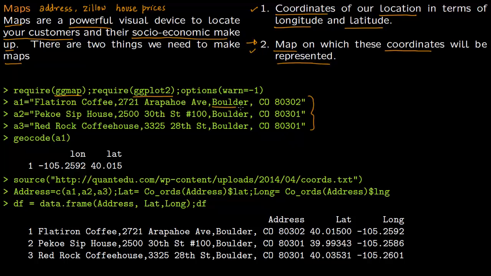Now Boulder, Colorado is a very beautiful town. The command which can help you get the longitude and latitude is geocode. Geocode of A1 means that you're taking the address A1 and finding its longitude and latitude. This will get you longitude and latitude from Google Maps. Now this command is kind of difficult to use if you have large data. Here you only have three addresses, but if you really want to use it for big data analytics, these addresses could run in thousands.